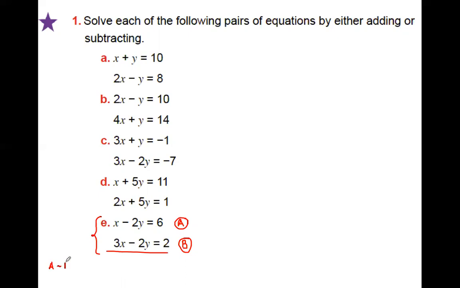And A minus B will give me x minus 3x, which is negative 2x, equals 6 minus 2, which is 4. Okay, and what we've said before is, in order to solve an equation, because I've got times negative 2, if I divide both sides by negative 2, I get x equal